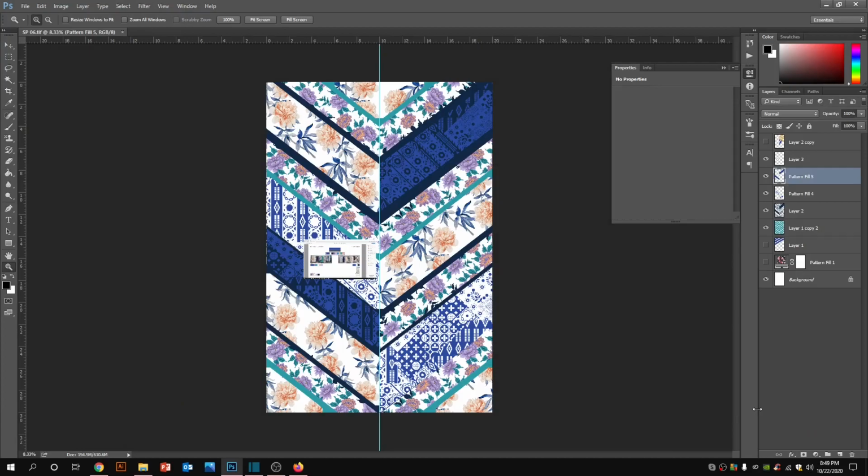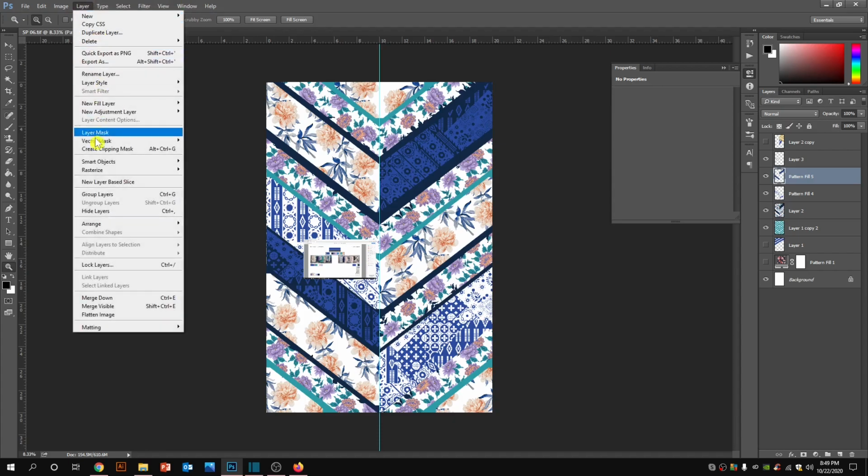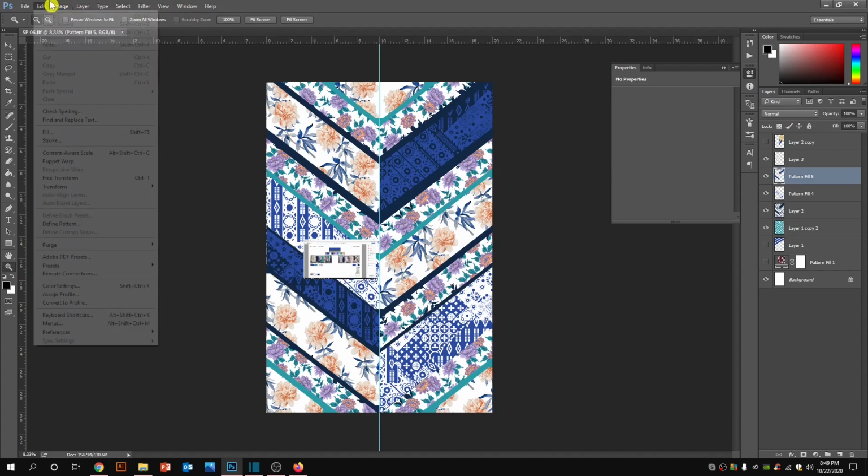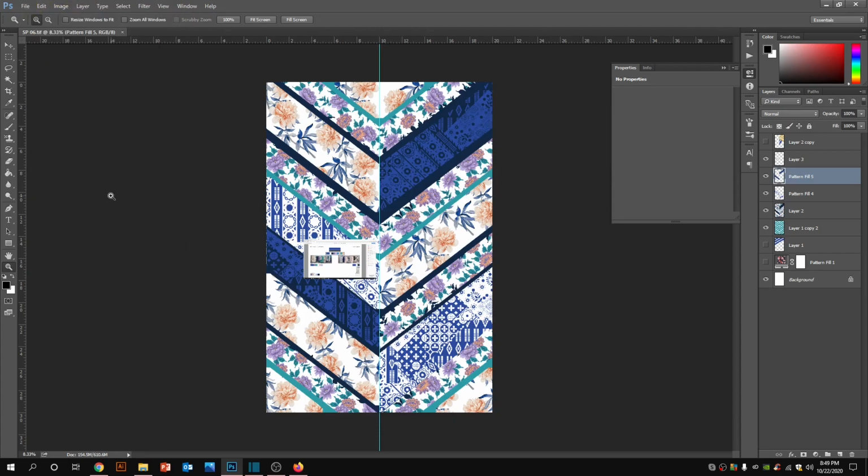In this video you have seen how the short commands are indicated in the software automatically. There is another video coming on the short commands which are already in the software. You can see in the upper menu: file, edit, image, layer, type, select, filter, view, window and help. There are so many options of short commands. I'll cover them in the next video.